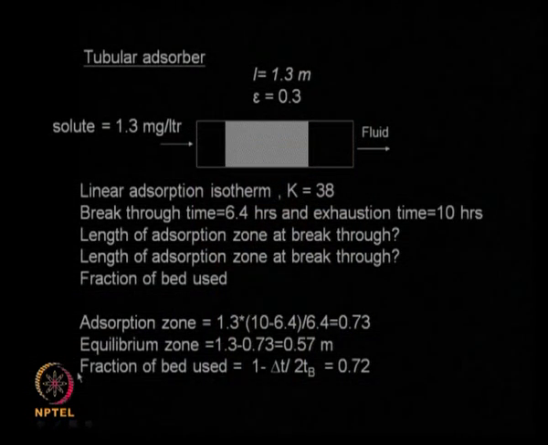So ideally I should have the fraction of the bed used during breakthrough closer to 1, that means the more of the bed I use for the adsorption the better it is. If it is less of the bed I need to keep on regenerating quite often, and as I said if I want to regenerate I will be stopping my bed, I will be passing some gas or using high temperature to regenerate my adsorbent. So I will be spending money on the operating cost. So the more the bed is used up when the breakthrough happens the better it is, that is why this particular calculation is very important, the fraction of the bed used